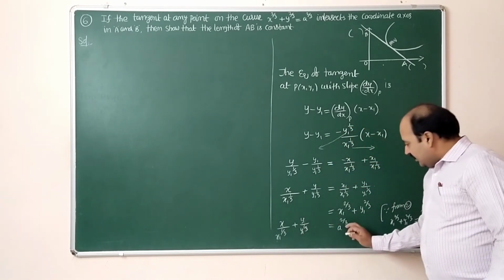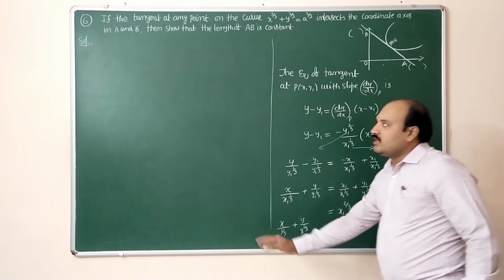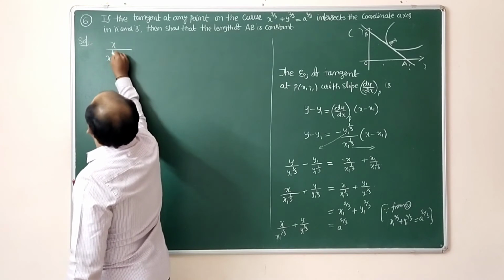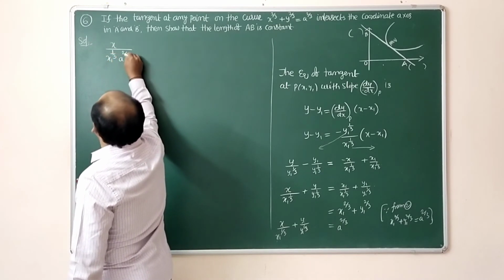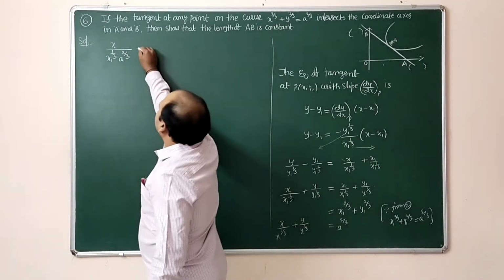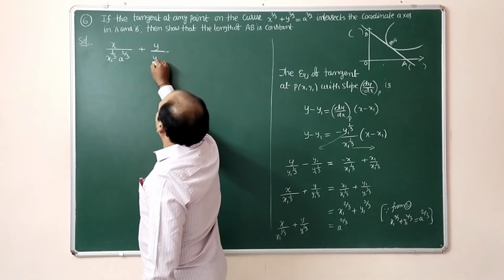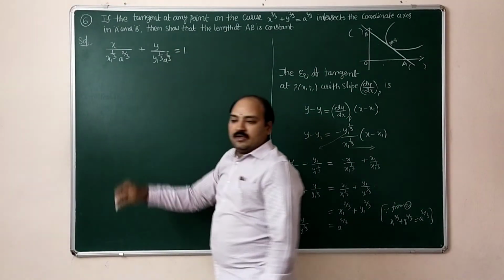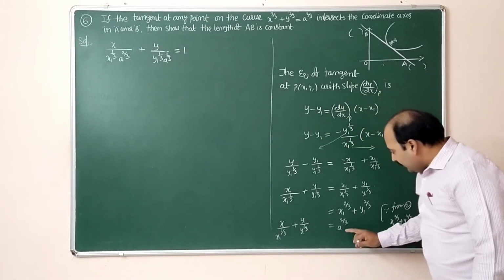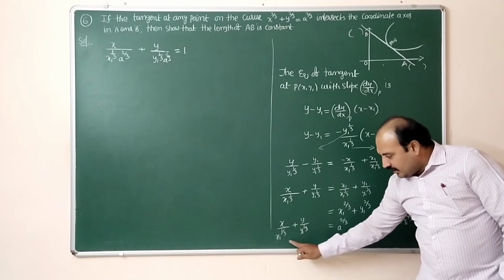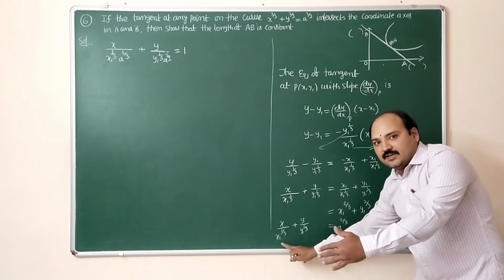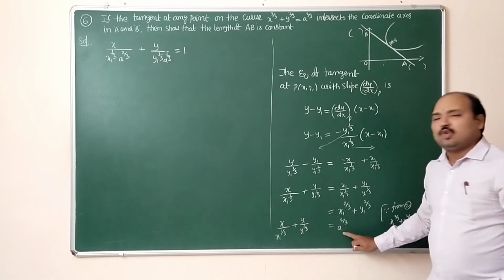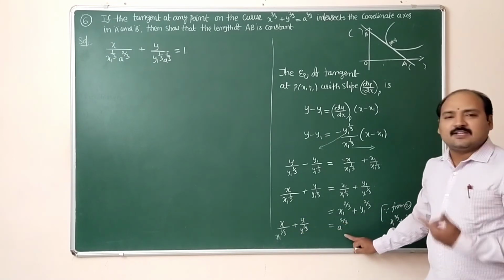In the next step, this value we are taking into the denominator of this one. Here I write x by x1 power 1 by 3 into a power 2 by 3 plus y divided by y1 power 1 by 3 into a power 2 by 3, which is equal to 1. So observe carefully. This a power 2 by 3 value I am taking into the denominators of this LHS side. So here it will be 1. Otherwise, dividing on both sides by a power 2 by 3 simply, here we will get 1.